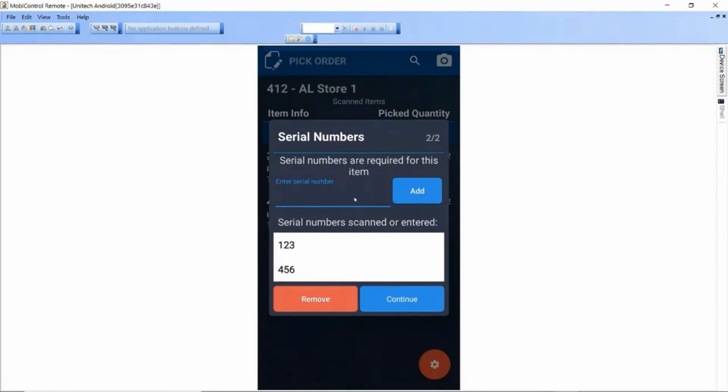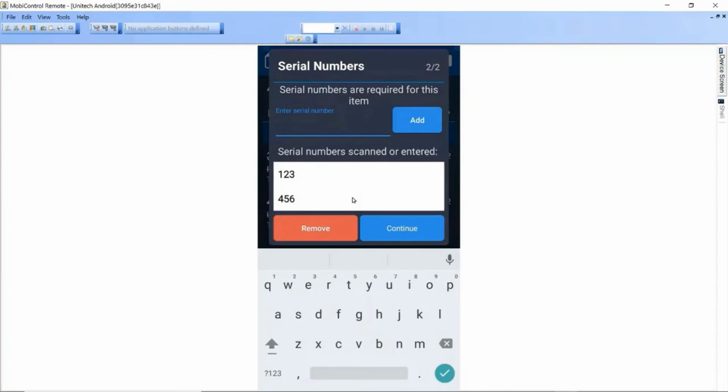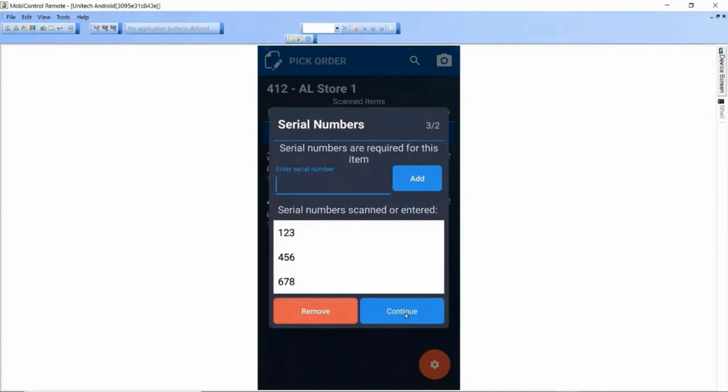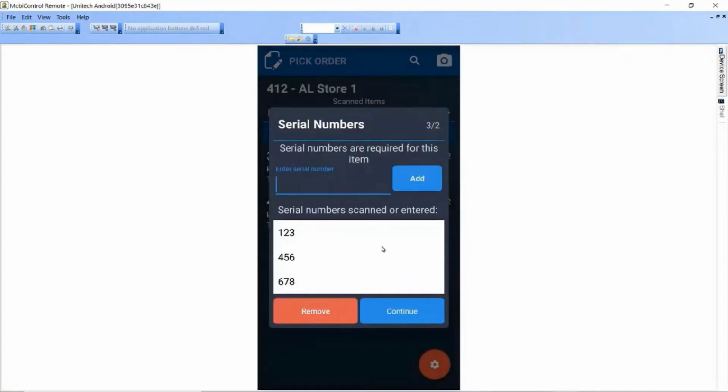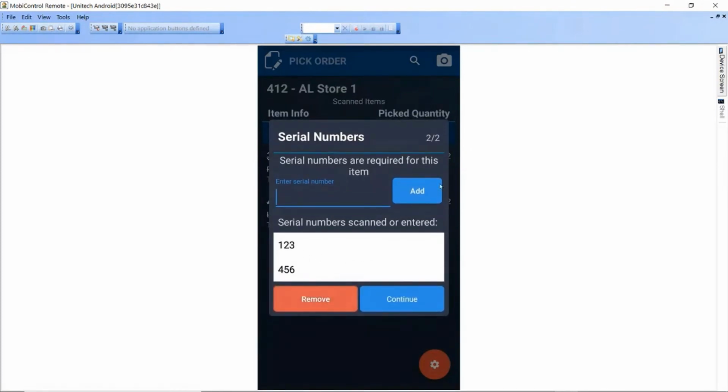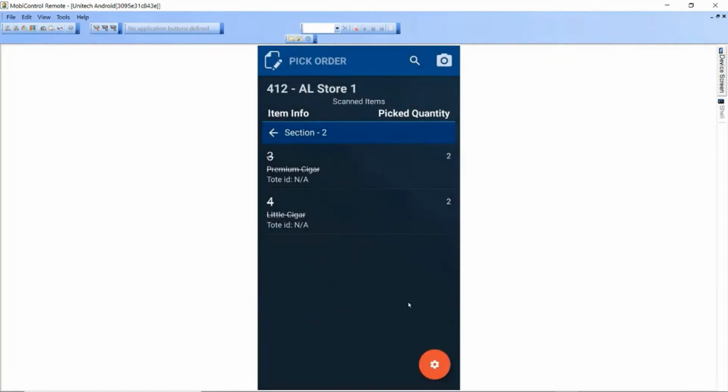But let's just say if we aren't paying attention and we go ahead and add in a 3rd number. If we try and hit continue, a prompt will come up saying that we have to match what the serial number quantity is with the pick amount. So in that case, we need to remove one of them. And when we do that, it is removed from the list,